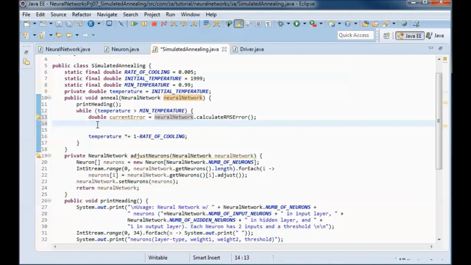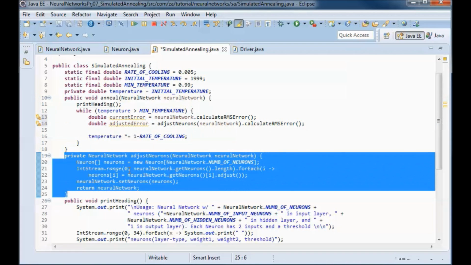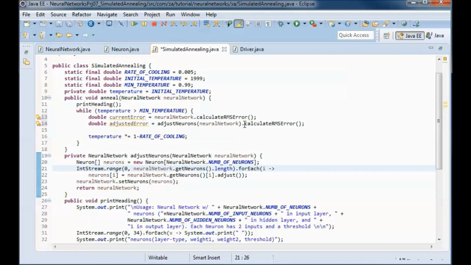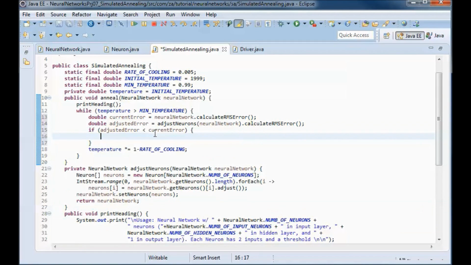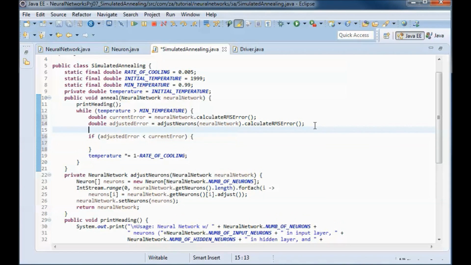And I will also pick up the adjusted error by calling this adjust neurons method and calling the calculate RMS error on the adjusted neural network that is returned. And if the adjusted error is smaller than the current error, then we will go ahead and proceed.